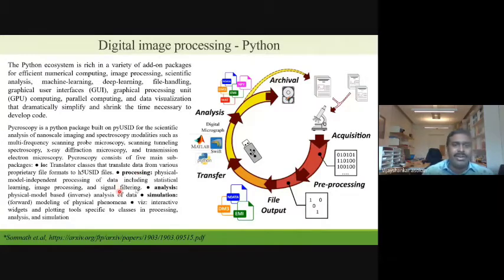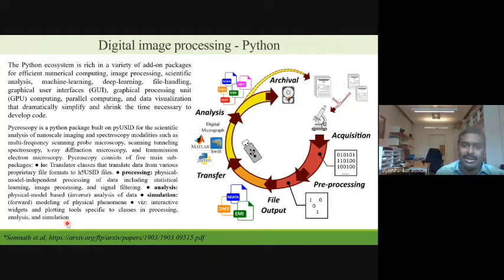So the microscopy package consists of 5 main sub-packages. That includes processing, which is physical model independent processing of data, including statistical learning, image processing, and signal filtering. Then the analysis stage, which comes in with a physical model based analysis of data. Then the simulation modeling of physical phenomena, then the interactive widgets and plotting tools specific to classes in processing, analysis,